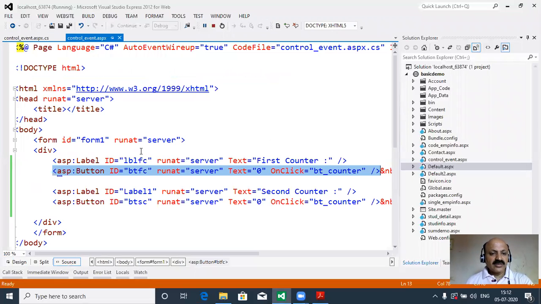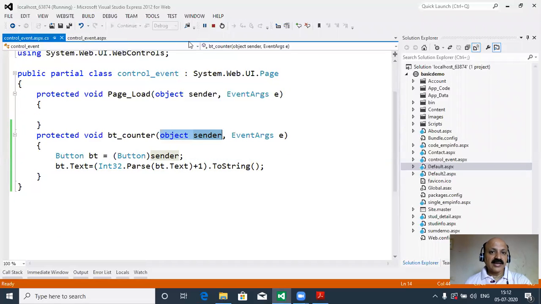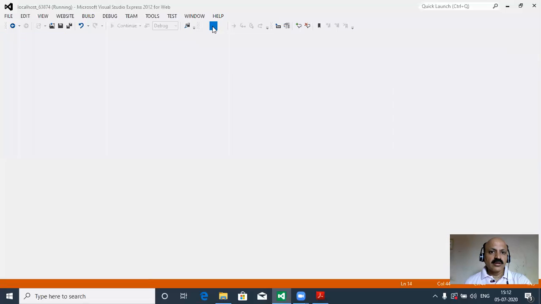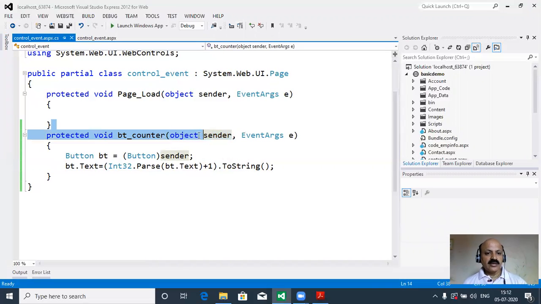After that the ASP engine recognizes which button you pressed and that button counter is added by 1 in our logic. So understand very well in ASP.NET that object is a superclass and recognizes all events by sender reference.